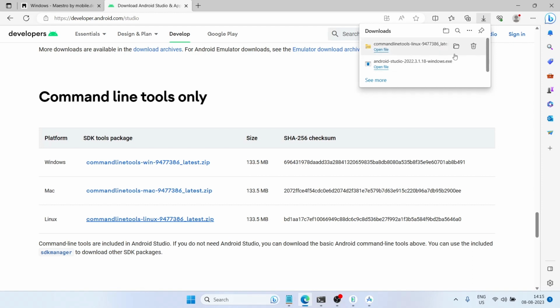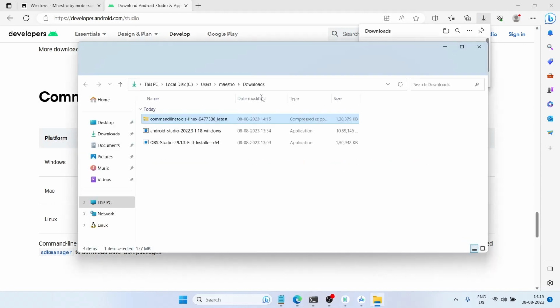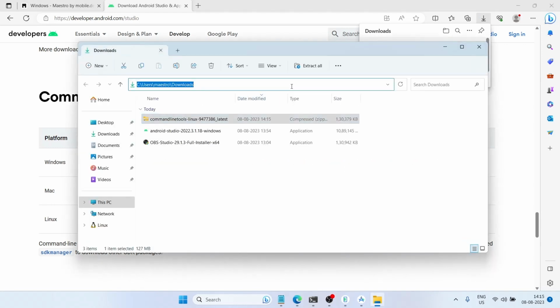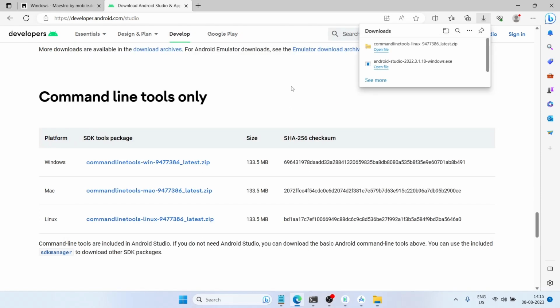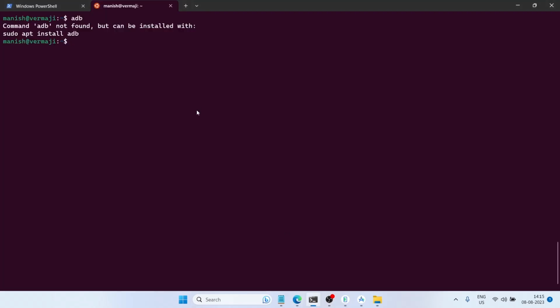Let's see where we are. Okay, now if you go to your WSL and press ls, there is nothing, no files there. Now what I am going to do is cp /mnt. This is just mount. I am mounting to my C drive, and then I am going to my users, and this is Maestro, and this is